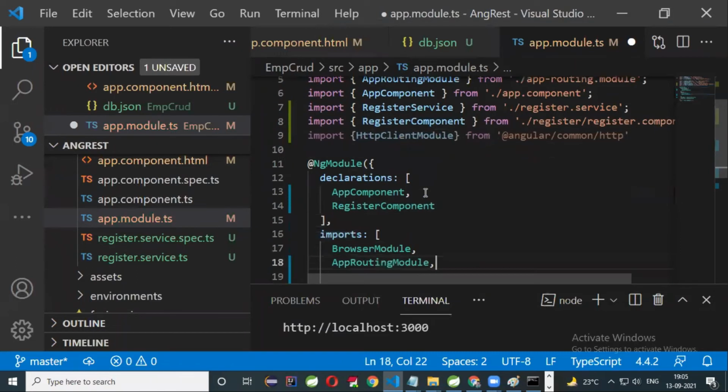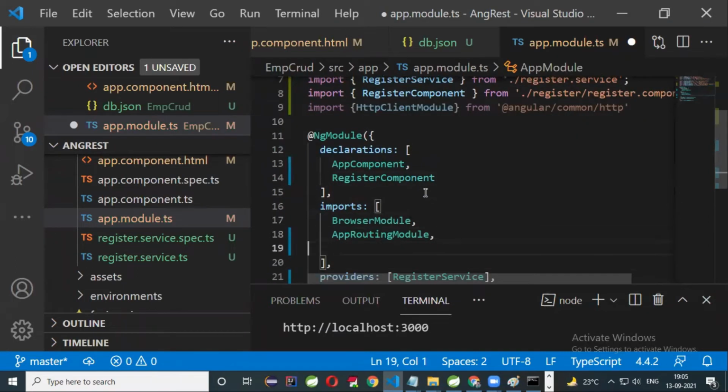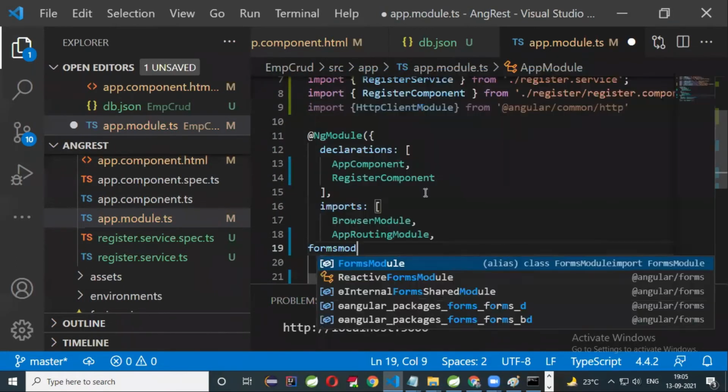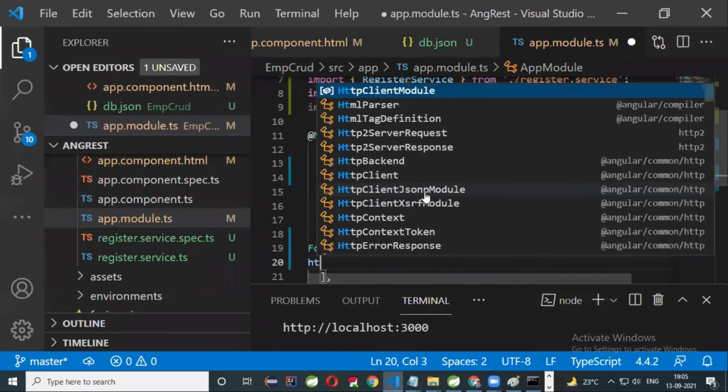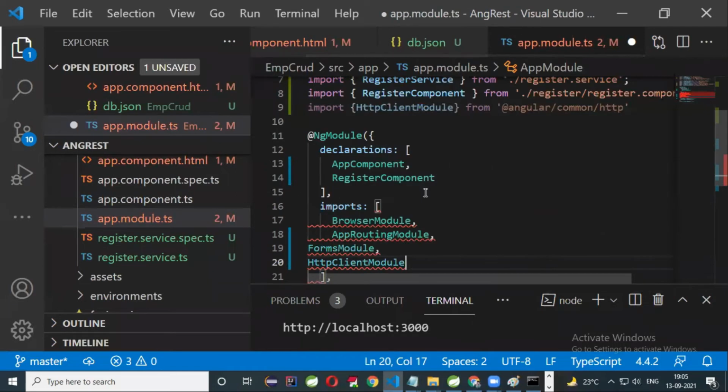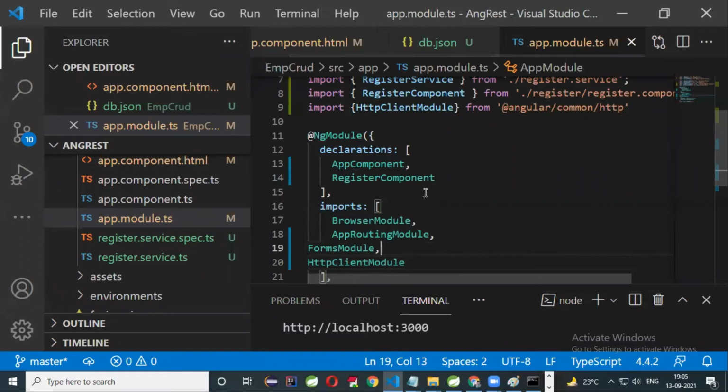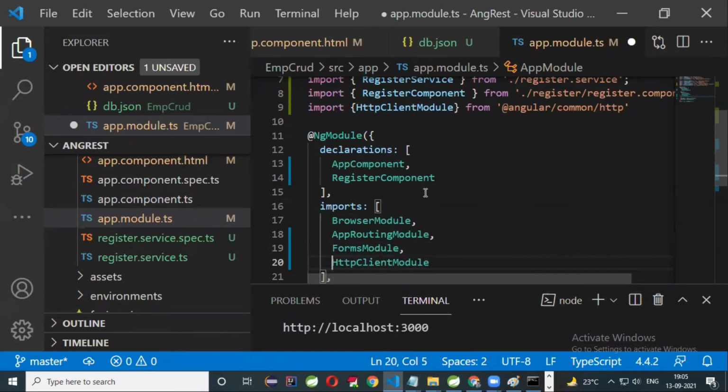Fine. So now you can register the module names here: one is FormsModule and the other one is HttpClientModule. That's it. Then you will get the accessibility to use the HTTP methods like get, post, put, and delete, because your Angular application communicates with REST APIs with the HTTP methods only.